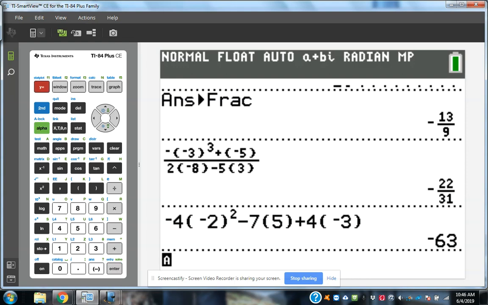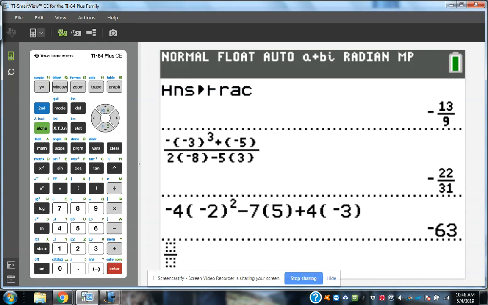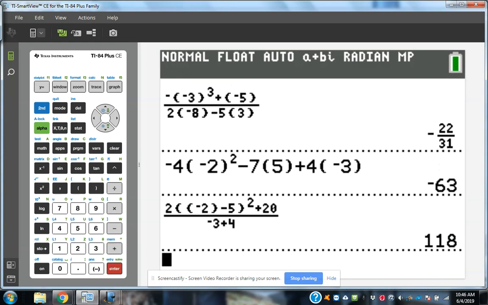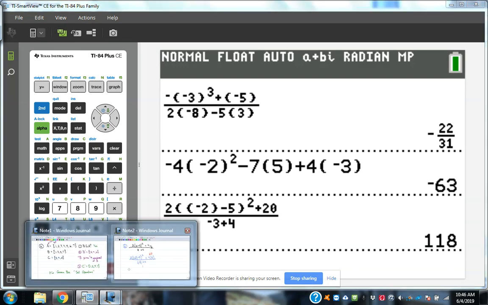So again, this is one of those big fraction deals. I'm going to hit alpha, y equals, get that fraction out of it, 2 parentheses, and then a parentheses with a negative 2, close those parentheses, minus 5, close those parentheses, squared, plus 4 times 5, which I know is 20. And then on the bottom, maybe I'm not as confident about my adding and subtracting of negative and positive numbers, so I'm just going to type that one in. And there I get 118 as my final answer for that one,